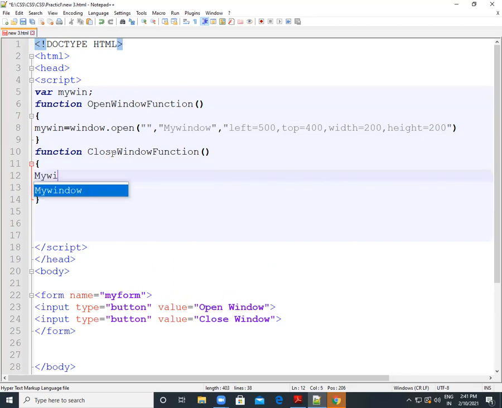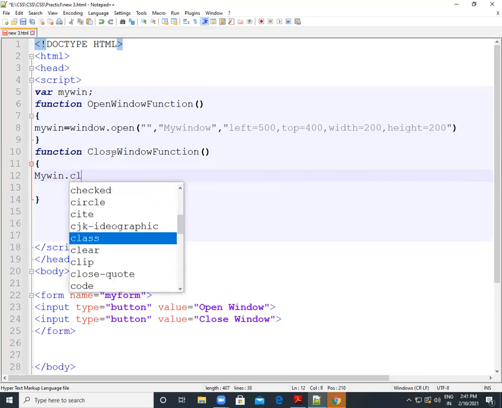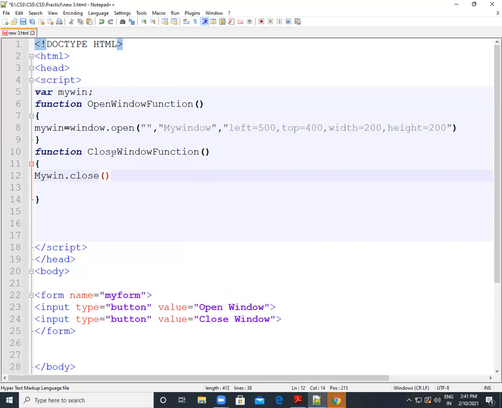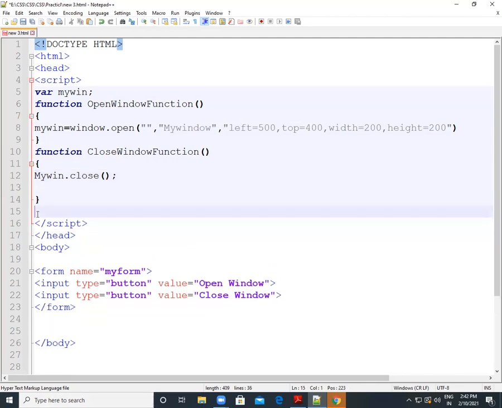So my win.close, that's it. There is no need to give any parameters or other things. Just save this program first. Okay, just run this program.